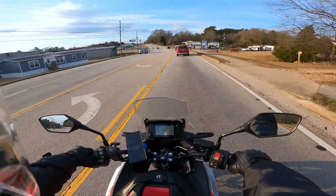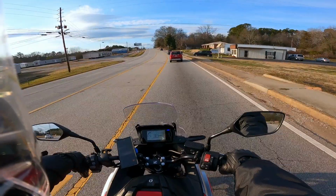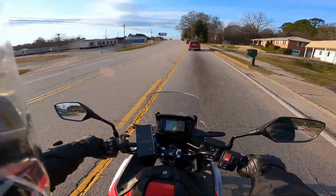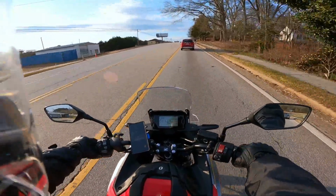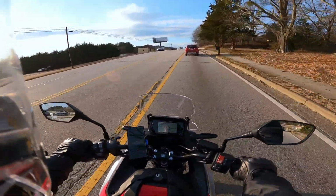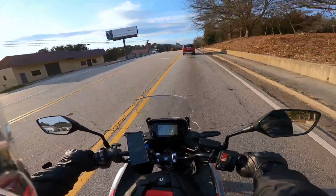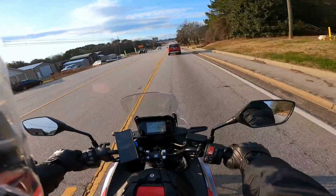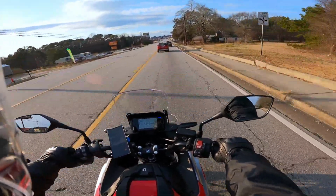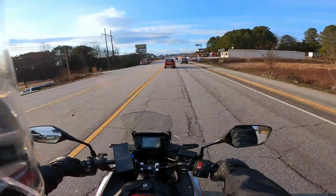I'm getting close to the first maintenance, where you have to do the oil and a couple other things. It's coming up at 600 miles, so 40 more miles. Next week I should be doing it, but I probably won't do it right at 600 miles. What are the chances that it's exactly 600 miles? Anyway,